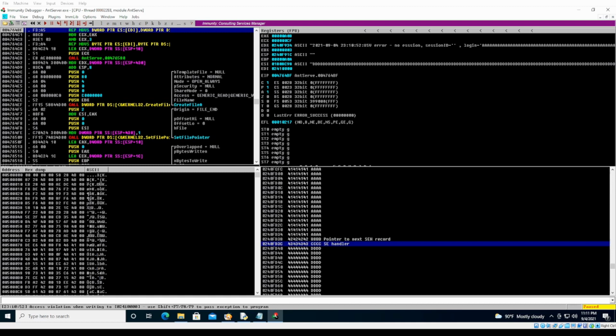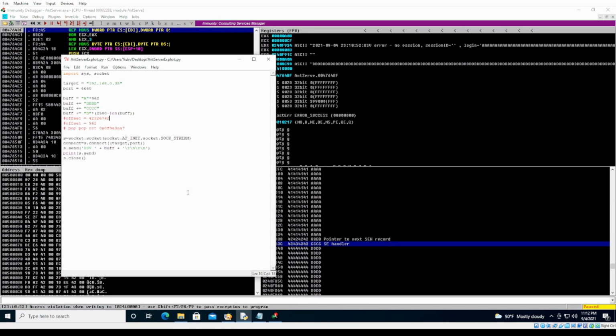We found our jump point, right? We put our jump point in, right? Did we actually put it in properly? No, we 100% did not even put the jump point in. Maybe next time I should actually put the jump point in, huh? So buff